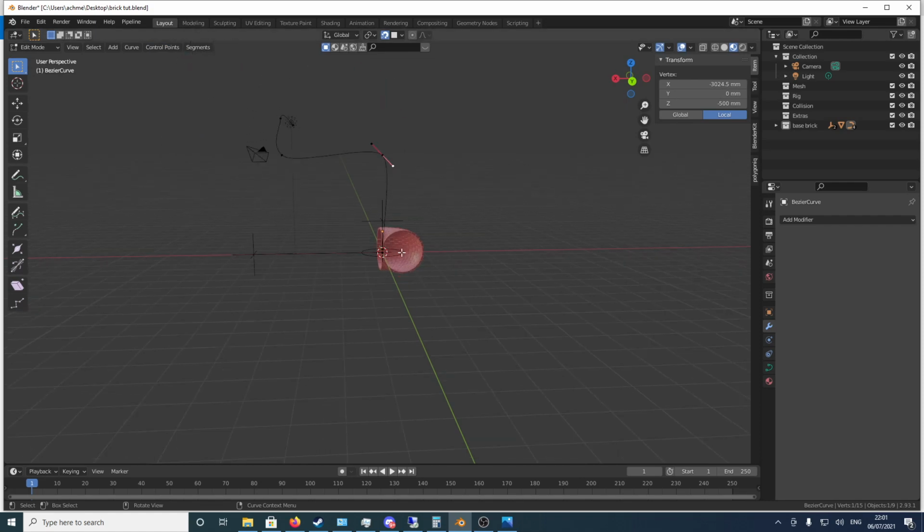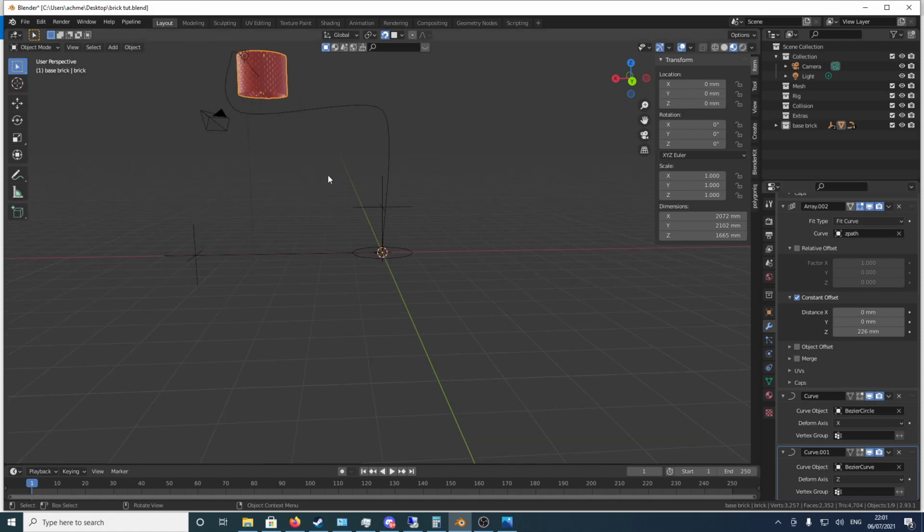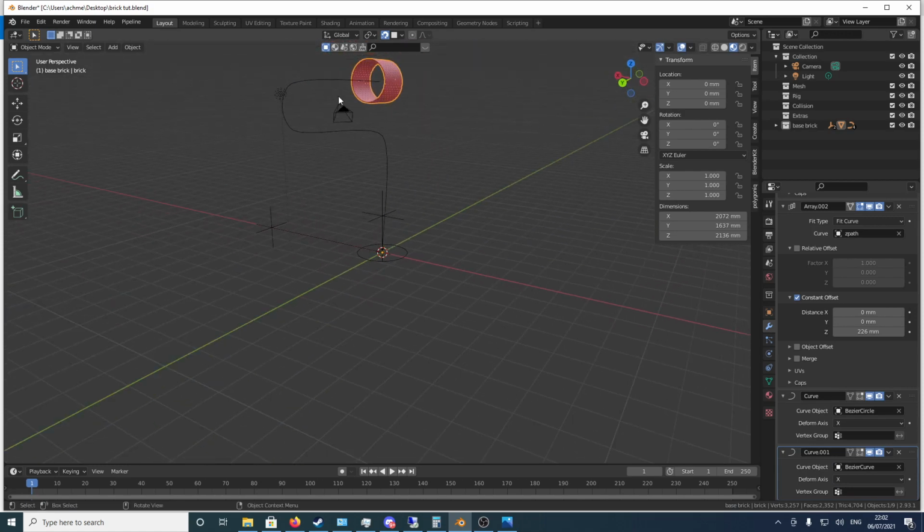the top there. So this one, instead of going on the Z, oh no, sorry, we want to be on the Z, I think, because if we've done it right, it should work. And instead, we go for the Bezier curve. It will jump to the top there, which is not what we wanted. So what if I go on the Y? Nope. What if I just go with the X again? Yep. So the X is now pointing, it's twisted it, so it's now pointing this down, but that is probably